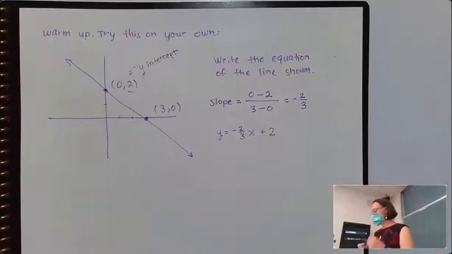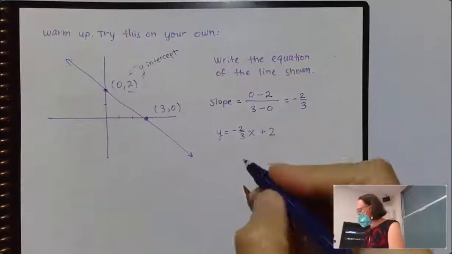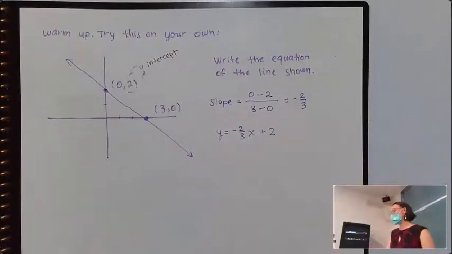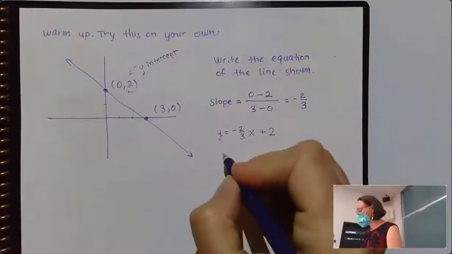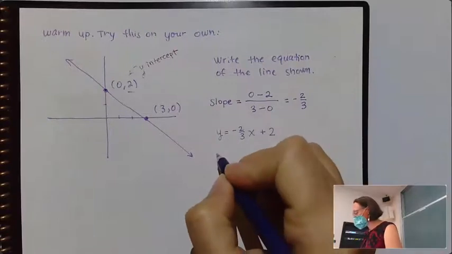Alternately, if you like the other form better, or if you just didn't notice that that was our Y-intercept, we can use either of the 2 points to plug into our point-slope form. So I could have,